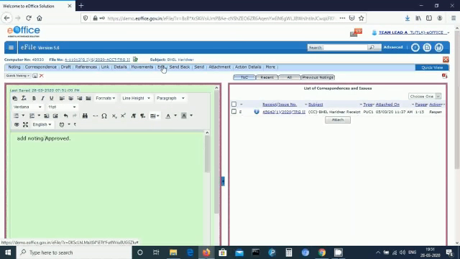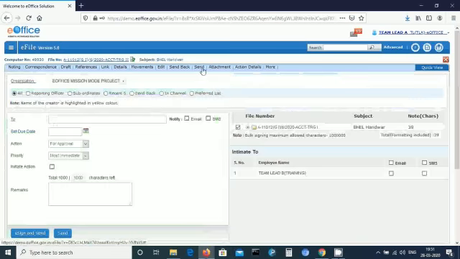Now after giving the notes in the note sheet, the note sheet has to be sent by the user to the person he has to send it to. You can send to the person by typing the first three letters of the name and designation section, as we have done in the receipt section. Let me select the send option.